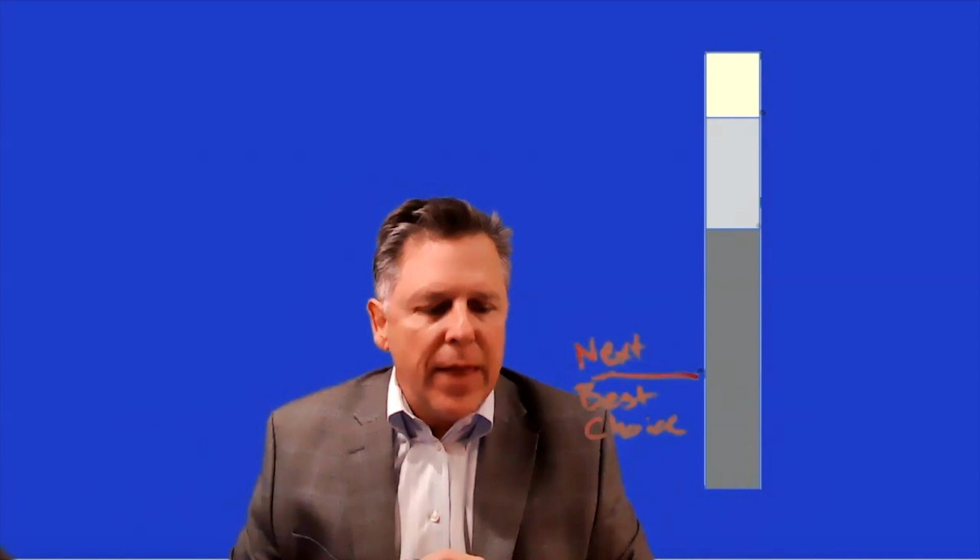And so here's that very common heuristic decision-making rule that customers use. They go to the next best choice, or the other choice that they're considering. I'm going to call it the next best because what you sell is the best, and the only other choice is the next best. And so it has a price. So this is the price of the next best choice. So starting with that price,